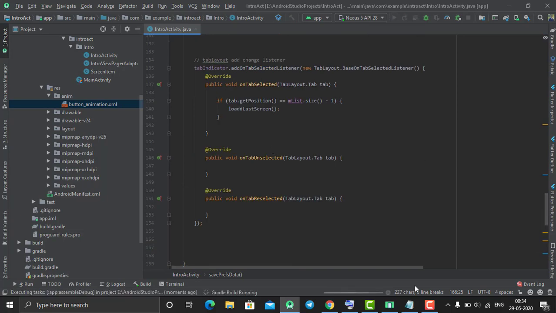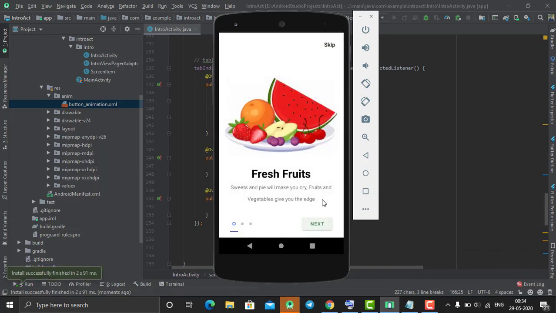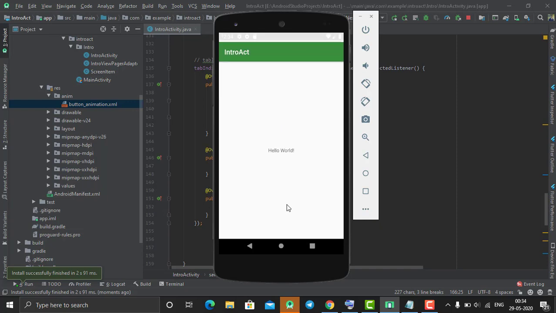So let's run the program and see if it works properly or not. As you can see here, I am opening my application for the first time, and if I click on next, and then click on get started, my value has now been stored in my shared preference, which means for the first time I had visited my application.